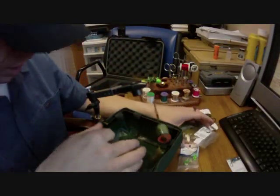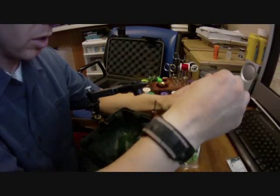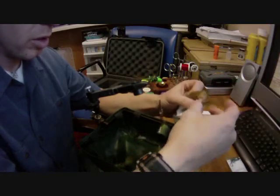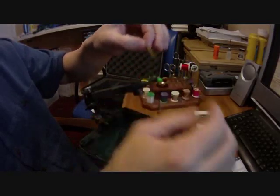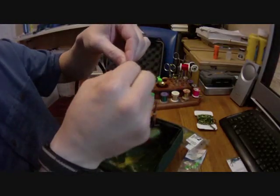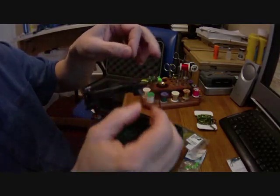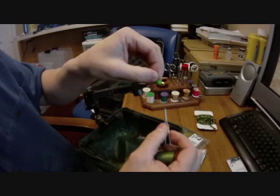Now I need a back fin, so I'm going to pull out this one. Okay, basically I want it to be about that long, not too much longer. It looks disproportionate. Snap it off right there. Pull all the fuzzies off. This little bucket down here is awesome. Catches all your fuzzy. Okay, now I'm going to stick this down inside the little cone head,